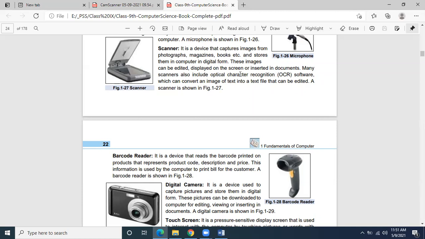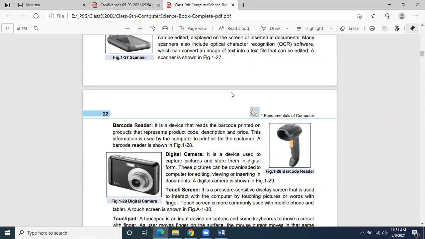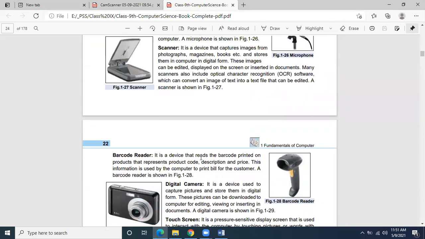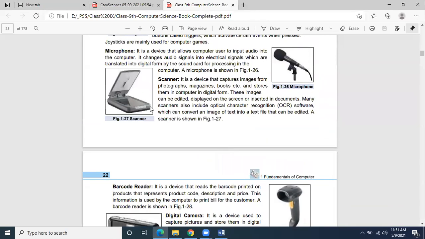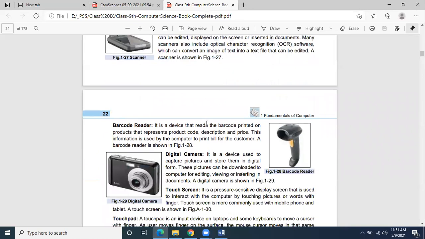A scanner can even convert an image into text if it contains characters. The characters will be in readable format using an optical character recognition mechanism. Optical character recognition means there will be some mechanism of converting the text. Just like if I take this image, it will be an image, but if I convert it using OCR, it will convert it to characters, and I will be able to edit them as well.